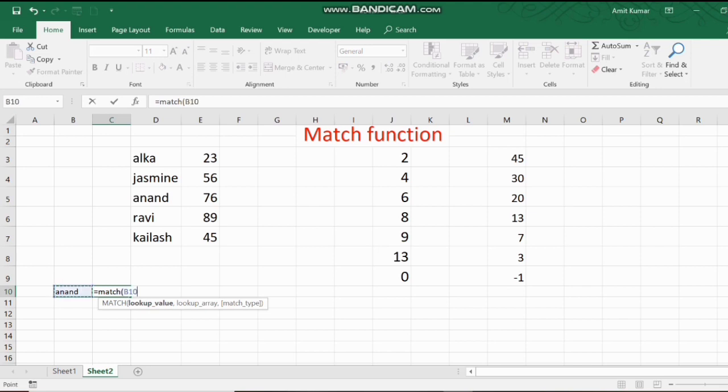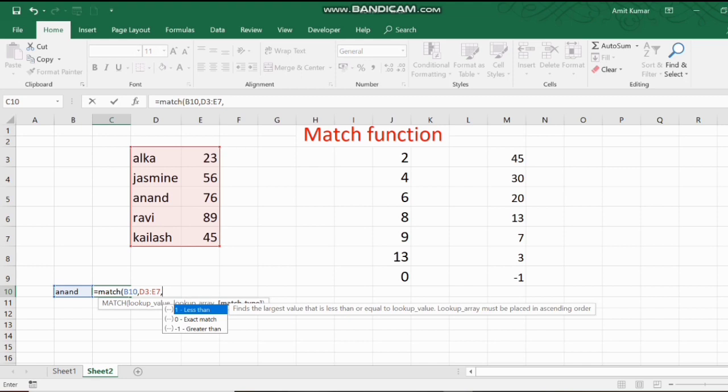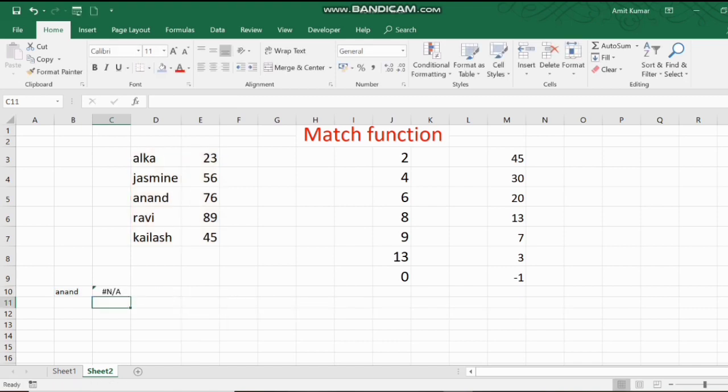It is Anand. What is our lookup array? The one in which we want to find the value, like this. Okay. Now we are going for an exact match. We will put 0 and then enter.